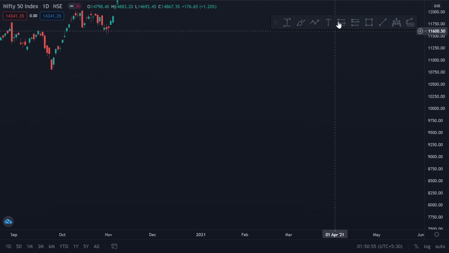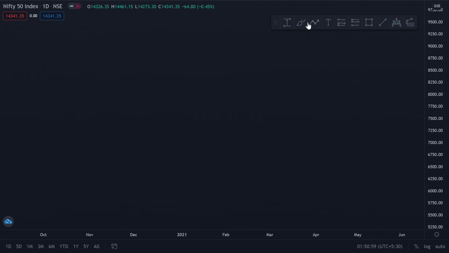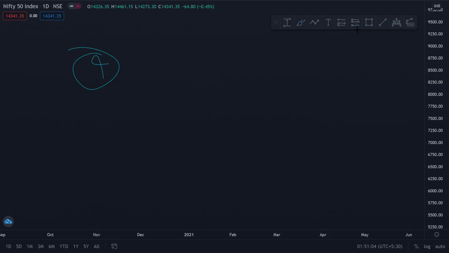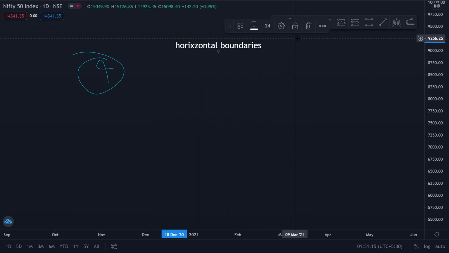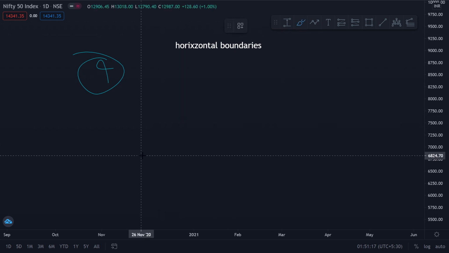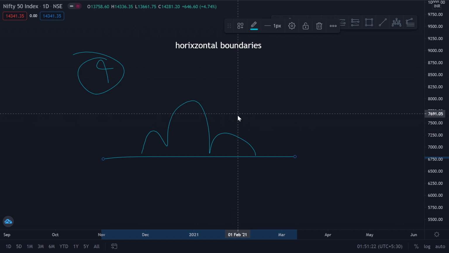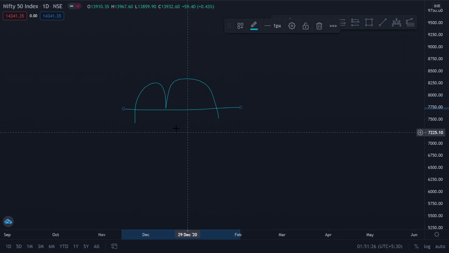Now the fourth and another very important point is trade in breakout patterns with horizontal boundaries. Now what does this mean? With horizontal boundaries basically means with supports or resistances also coming into the picture. So when I say a head and shoulders pattern, this is my head and shoulders pattern, this is the boundary, right? And when I say a double top, this is my double top, this is the boundary, this is also